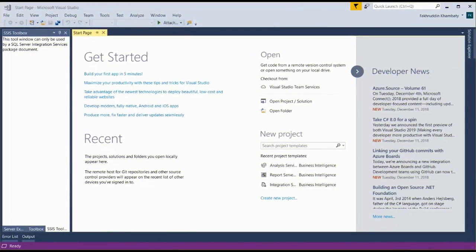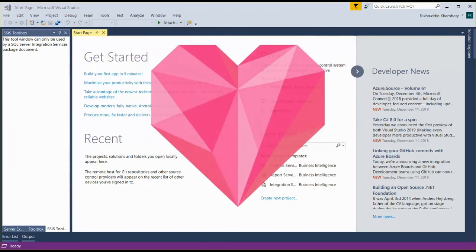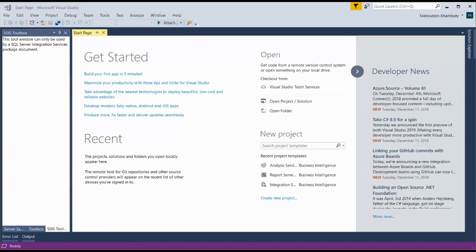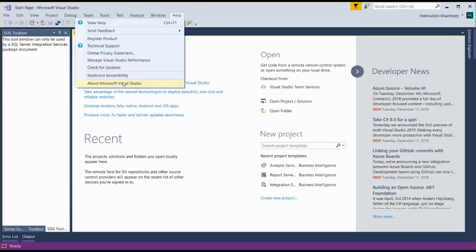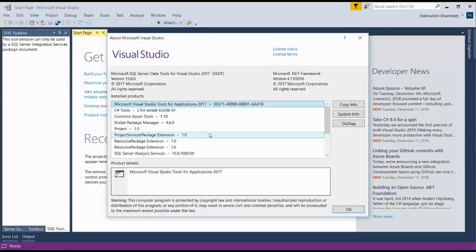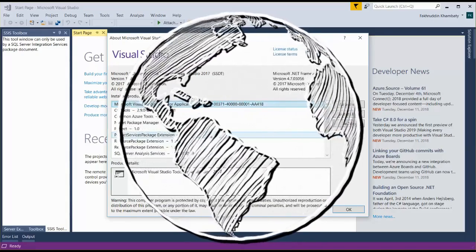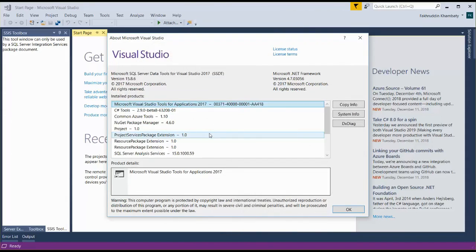So here comes my favorite place on my computer, the SQL Server Data Tools. Now, I am assuming and hoping and praying that this particular tool is installed on your computer. If it is not, please go to the Microsoft website and get it downloaded right away. It is required because we have done the SSIS training series in the past. I am assuming that this is installed on your machine.